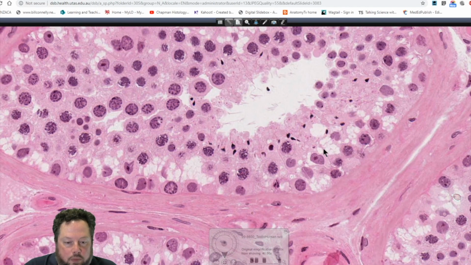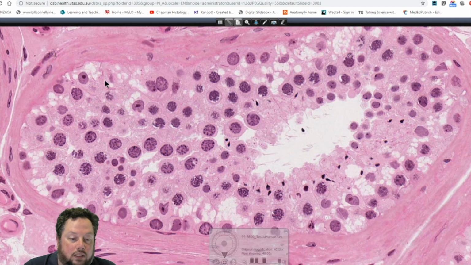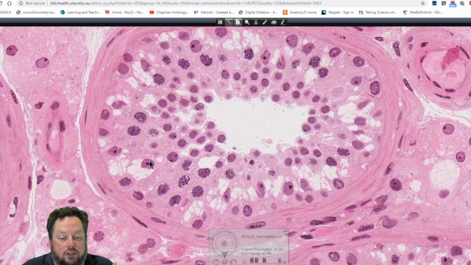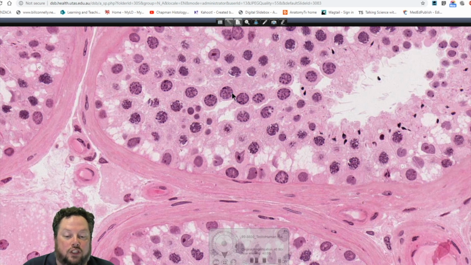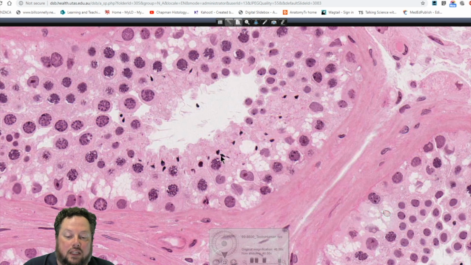All right, so this is a little bit trickier. I would identify this nucleus as belonging to a Sertoli cell because of the prominent nucleolus, its location just above the spermatogonium here. This one too, this one. Once you begin to identify the Sertoli cells, they do tend to stick out a little bit more. So again, the ones sitting on the basement membrane are our spermatogonia. These ones with the large nucleus with a very irregular chromatin pattern are our primary spermatocytes. The small round ones would be the spermatids, and then here we've got our